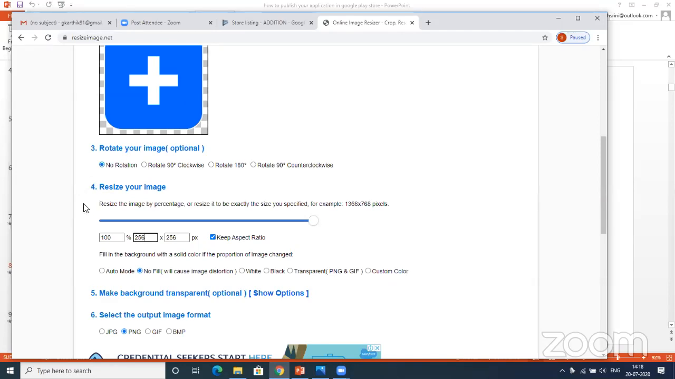Fourth option. I'm skipping over the first, second and third because they are for rotation. Likewise, those options are there in step 1, step 2, step 3. I'm directly coming to resize your image. Here I'm selecting it and I'm typing 512 into 512